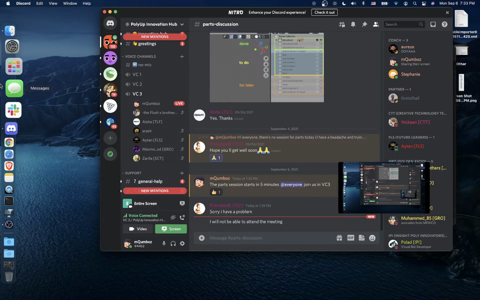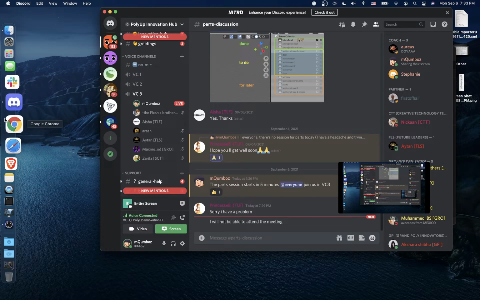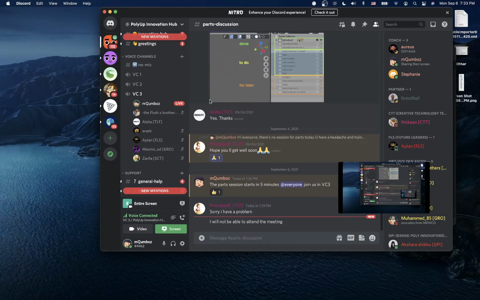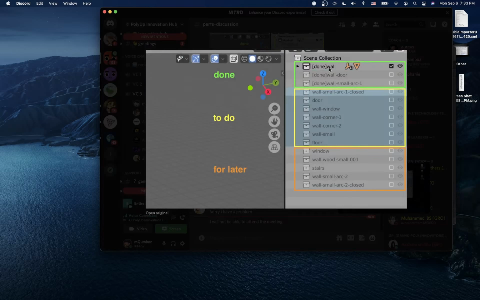Question. Go ahead, please. Can I add the page after all the parts are ready to the Polyap parts table? No, I would suggest to add the parts now, just add the names like this one. Okay, just add the names: wall, wall door, etc. Add all of them, and right next to them add the descriptions while working on the